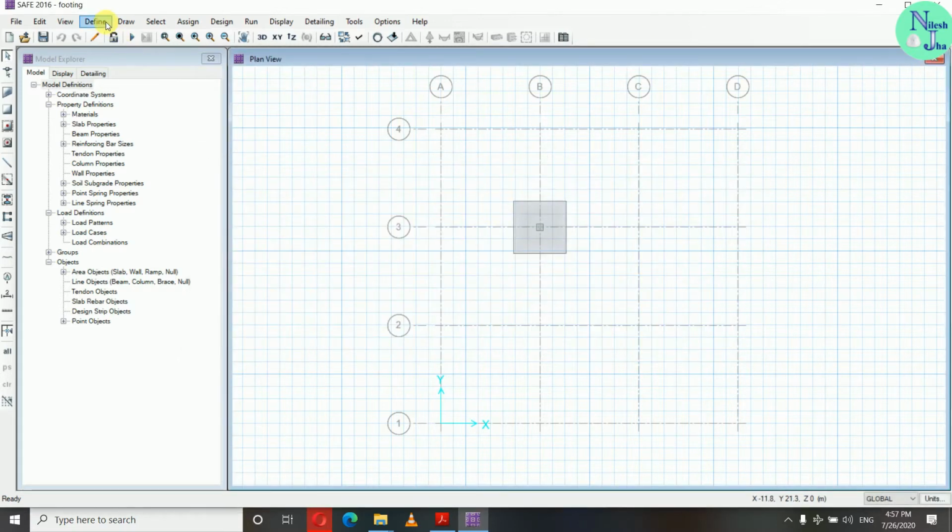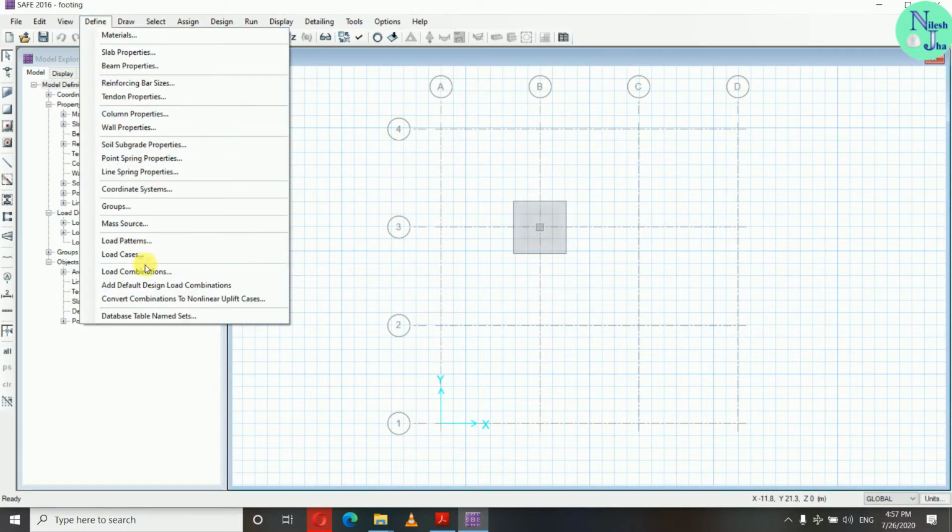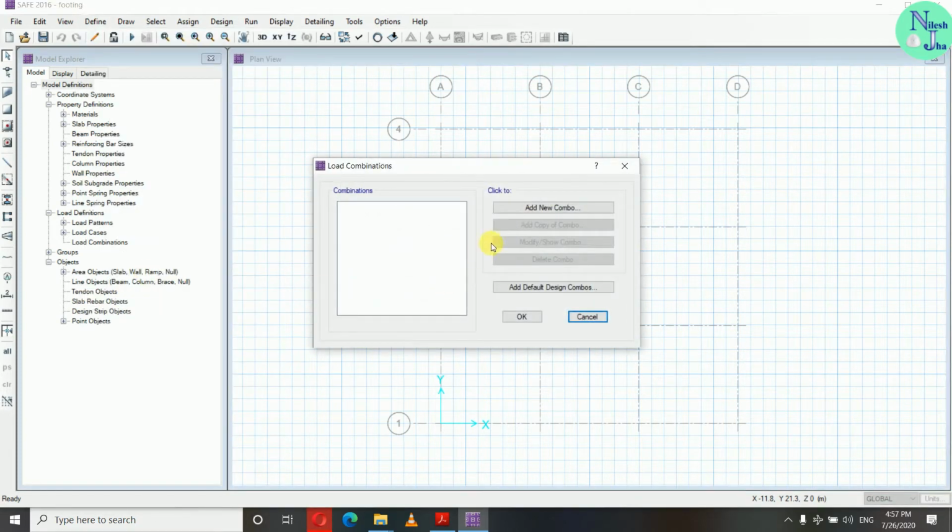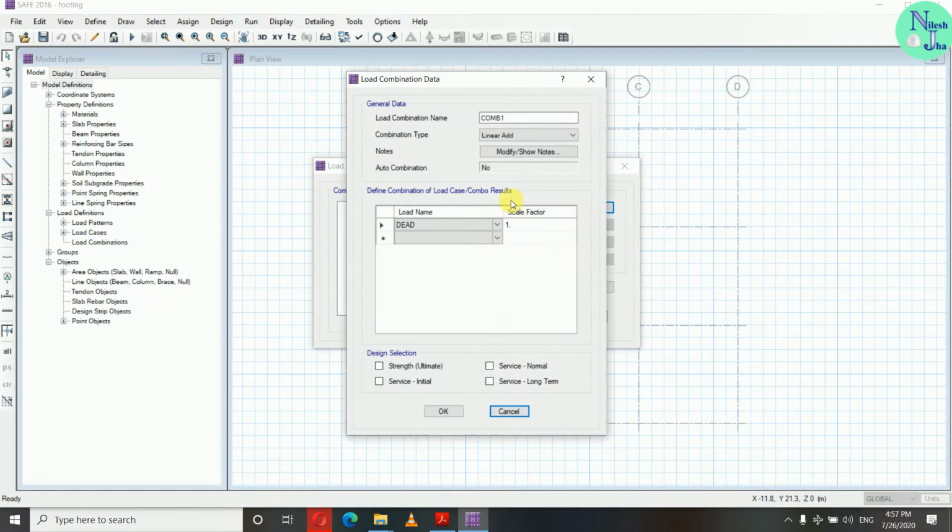Okay, now we'll define our load combination. So go to Load Combinations and add a new combo here. Give the name here. First we will define it for service load. For service load, that is 1 times dead load plus 1 times live load. The scale factor is 1 only, and here in design selection we will give service normal.